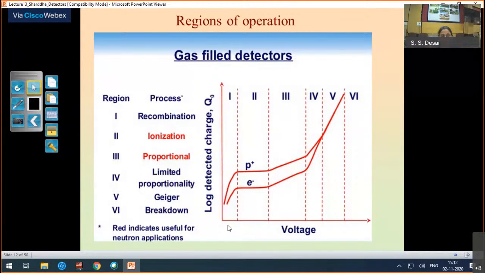The electric field within the two electrodes can vary. When we vary the electric field by increasing the voltage, the collection probability of these ions or charge changes. In the initial stage, when the electric field is not very high, there can be some recombination, but that recombination is slowly suppressed by the increased electric field. And here a stage arrives